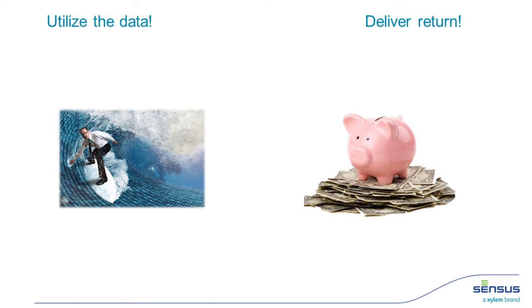So in summary, AMI generates a lot of meter data, but it has the capabilities to provide operational data as well throughout that distribution system. And so with the right tools, you can turn this deluge of information to solve problems and save costs, increase revenue, conserve water, and most importantly, protect public health.